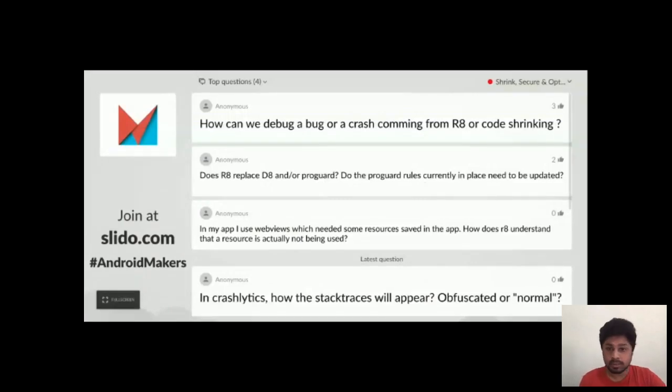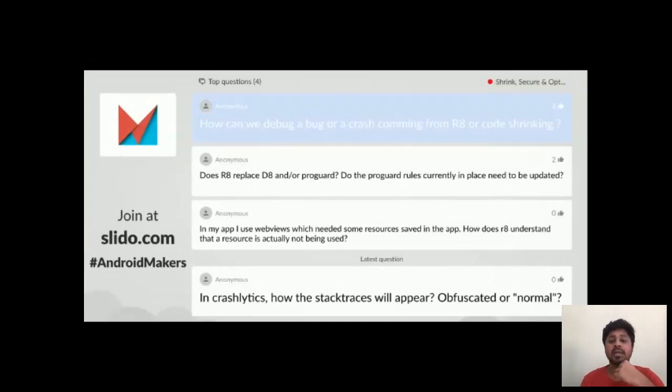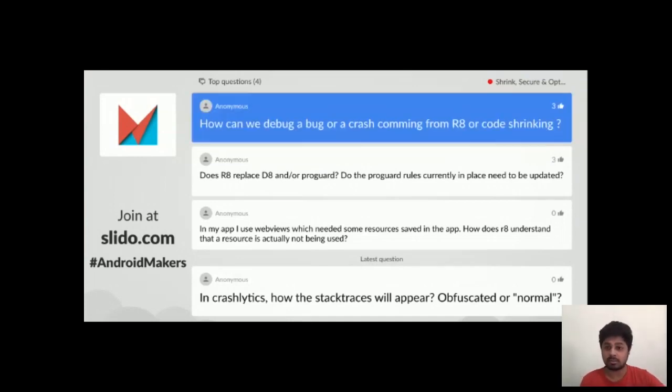Can you see the question list? Yeah. The first question is, how can we debug a bug or crash coming from R8 or code shrinking? The thing that I've told you earlier: you can use the ProGuardGUI.jar tool that I mentioned, in the path Android SDK tools, ProGuard, and lib. Inside the lib folder there will be a ProGuardGUI.jar file.